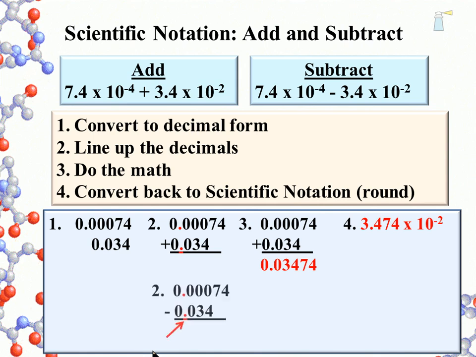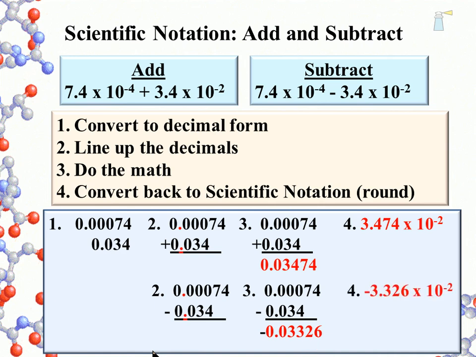We can start at step 2, line up the decimals, note the subtraction sign. Doing the math will give us a value of negative 0.03326. And the last step is to convert back into scientific notation and round, again holding off on that. We want the decimal to be between the 3's. We move the decimal 2 places to the right, and our final answer is